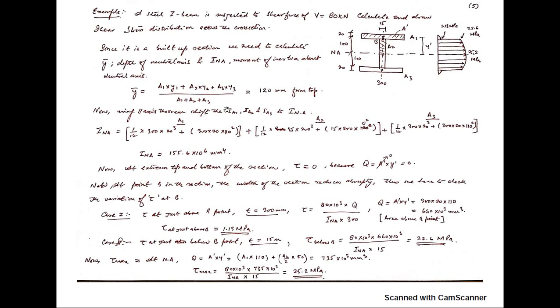Once it is calculated, after that you can calculate the moment of inertia about the neutral axis. Remember that I have told you that this is a built up section, and all the areas are separate, and the CG of these areas will be lying over here. So when you are going to calculate the total moment of inertia I, you have to shift the individual moments of inertia for A1, A2 and A3 to the neutral axis by using the parallel axis theorem. That's what I have done over here. Okay, so that's how you can calculate this.